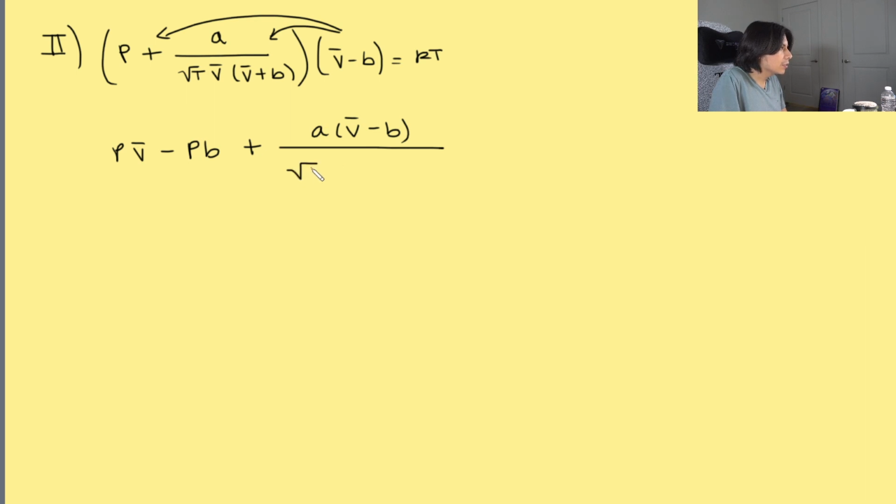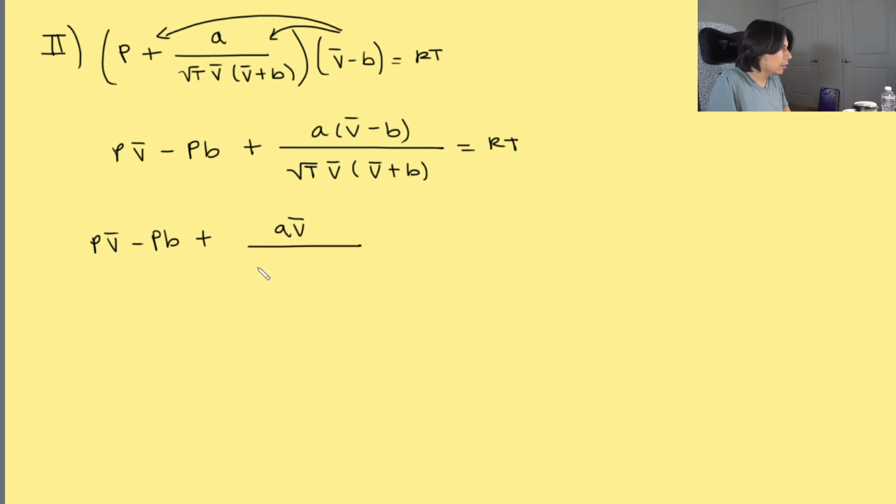Over the square root of T times V bar times V bar plus B, and then equaling RT. Okay, so let me see. From here, we can further distribute the numerator right there, and that is exactly what we're going to do. So PV bar minus PB plus AV bar all over,